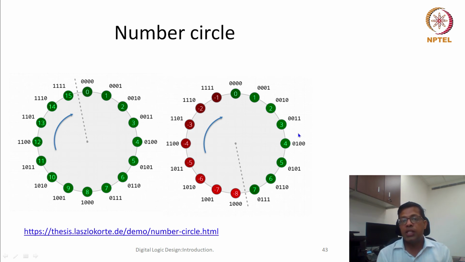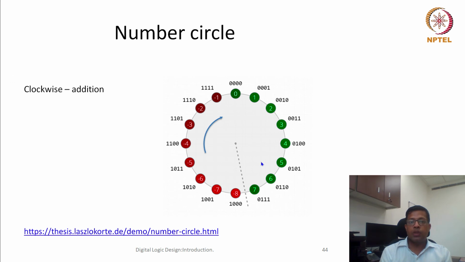So this means that if I represent this number circle in this way, it gives me some good characteristics, that it's an intuitive or a standard representation. So we understand clockwise means addition and anti-clockwise means subtraction. This is at least one observation we got from here.